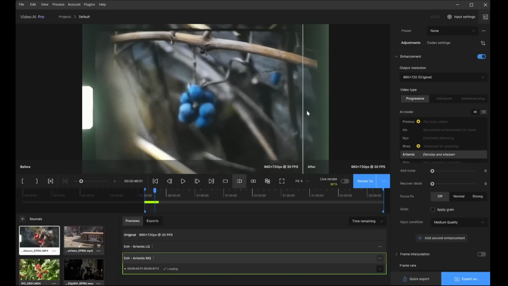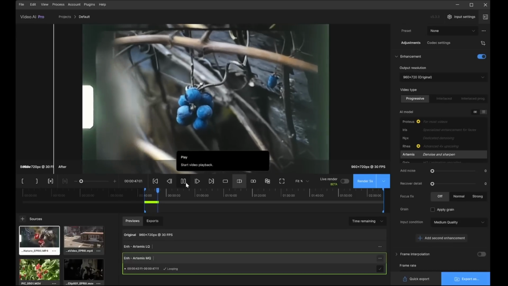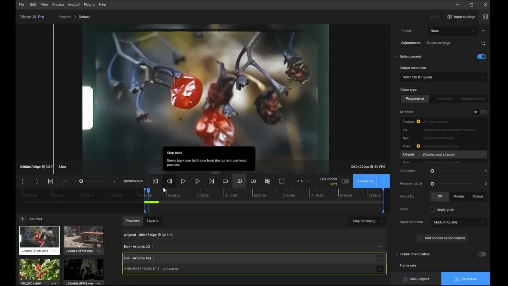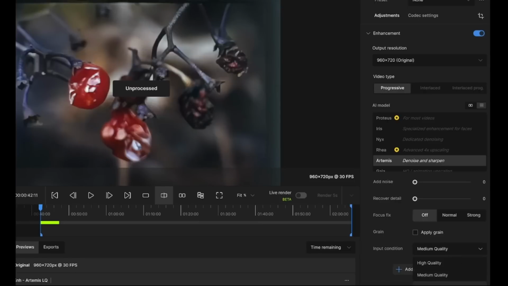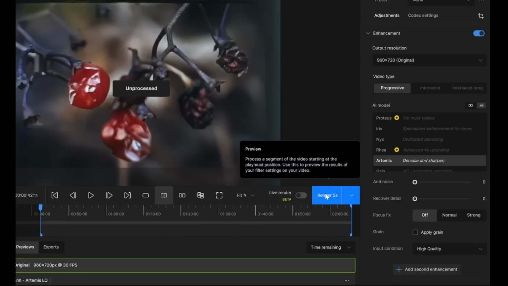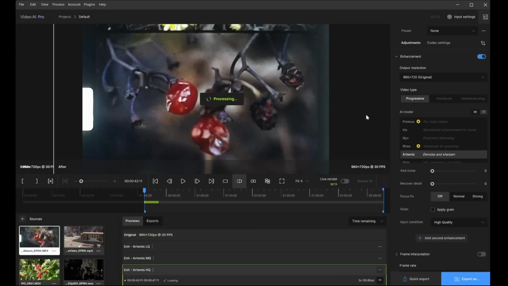It looks good. For something like this footage, where the grain is quite obvious, something like high quality doesn't change all too much. So you want to play with your footage and see if that's worth it. But this is much more subtle, and it's looking for little agitations in the footage rather than reducing noise too much. So